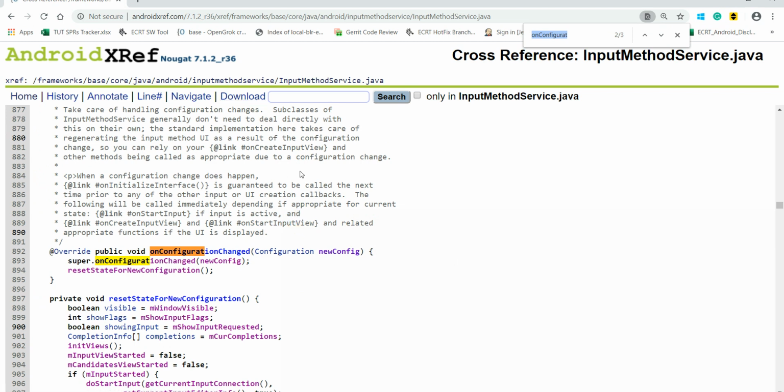So I just wanted to show you the importance of the onConfigurationChanged method, which is responsible for all the changes that happen when the device is rotated. Whenever you are typing something in portrait mode and suddenly rotate, the cursor should be in the proper position, and all that is taken care of by this method. You can go through the interesting files, and the comments explain in detail what exactly this function does.